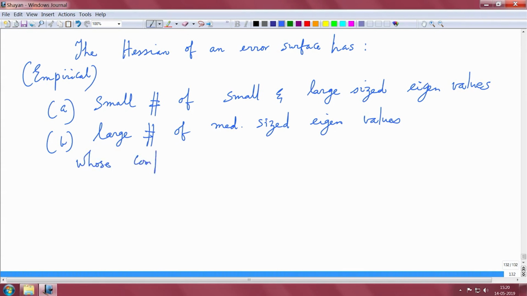The exact distribution of these eigenvalues,